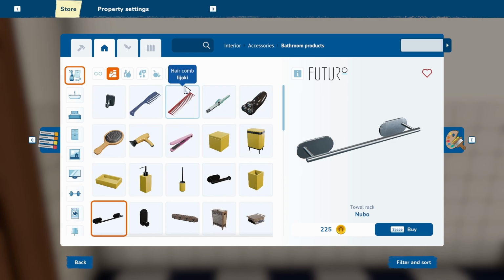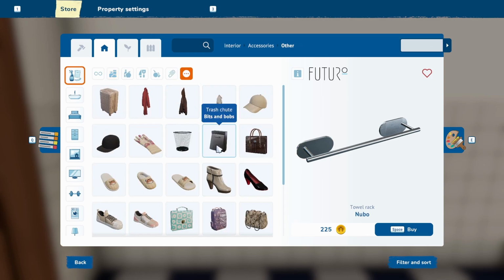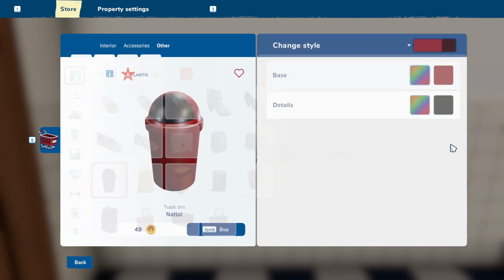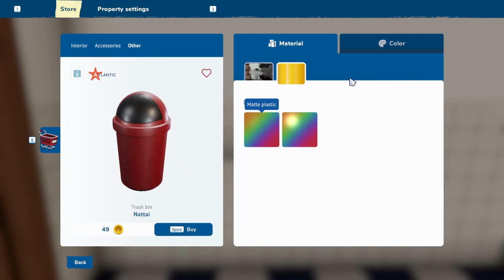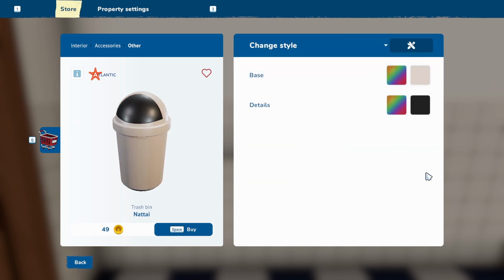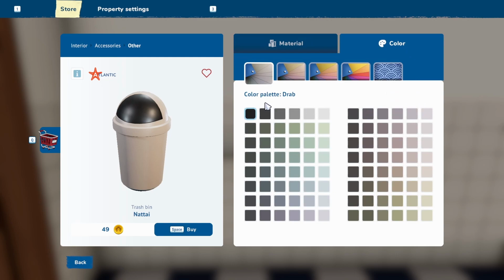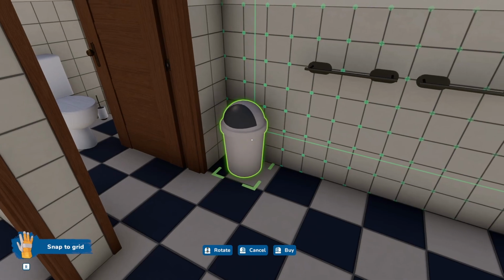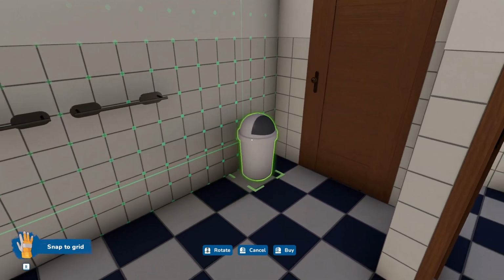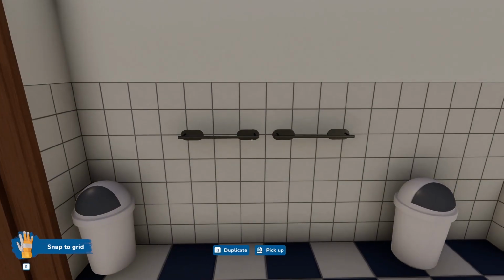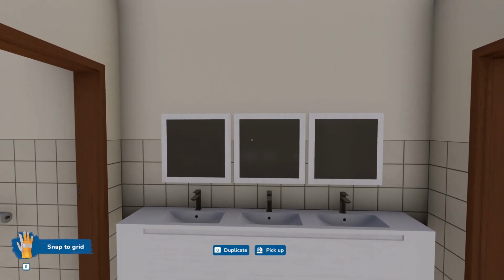That is a question only the game developers can answer. I'm guessing something like this would probably be a good idea. Trash cans,